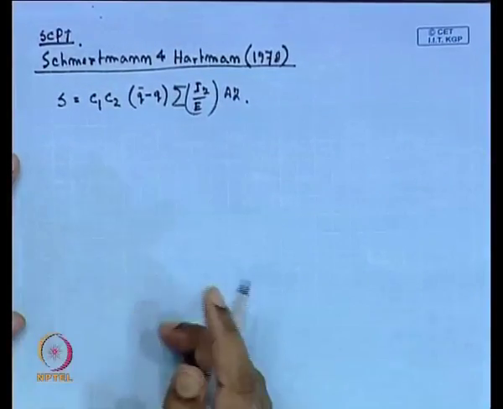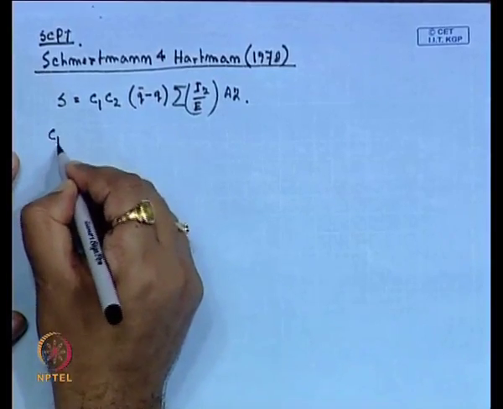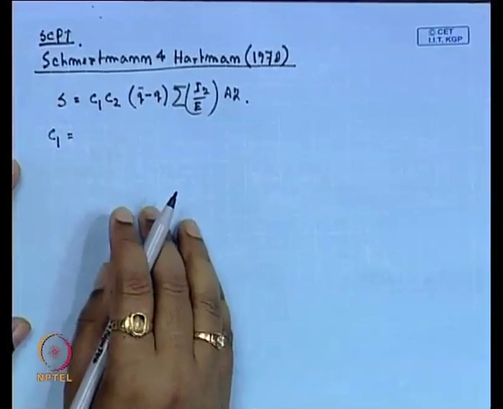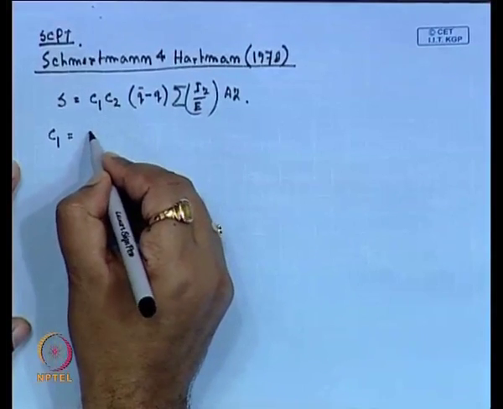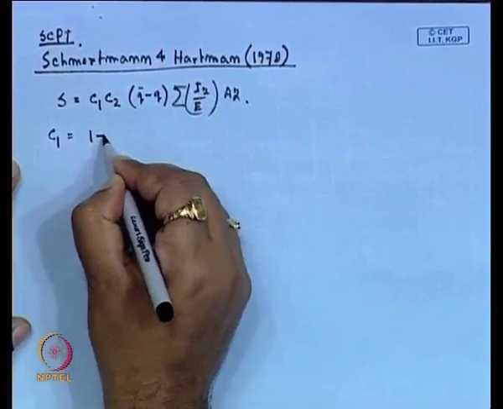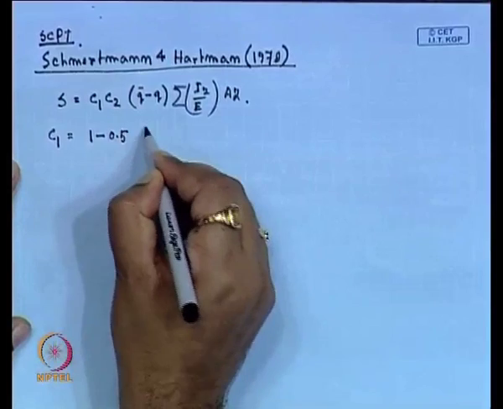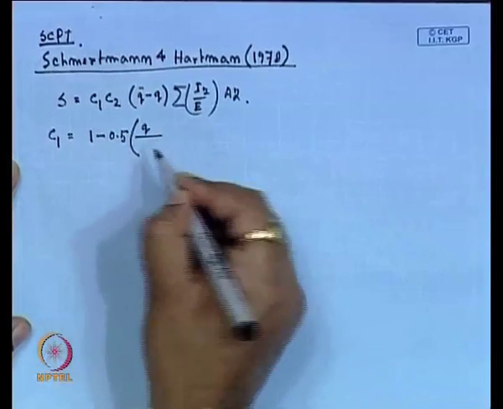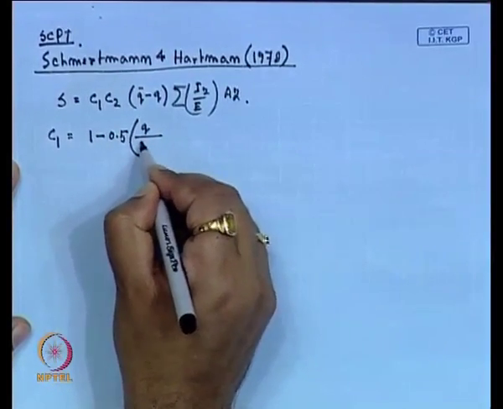This is the expression where C1 is given by 1 minus 0.5 by (q bar minus q),